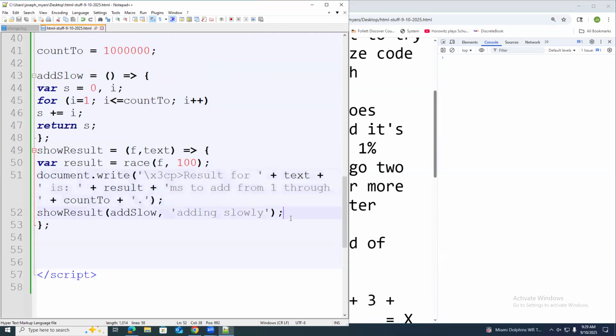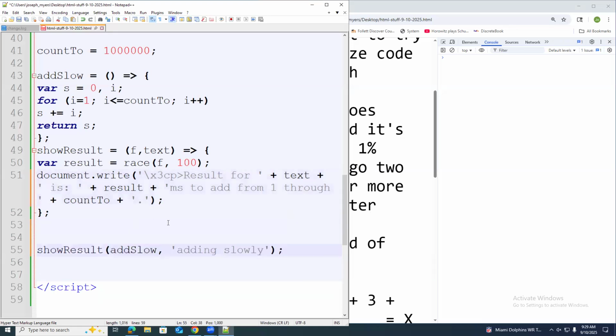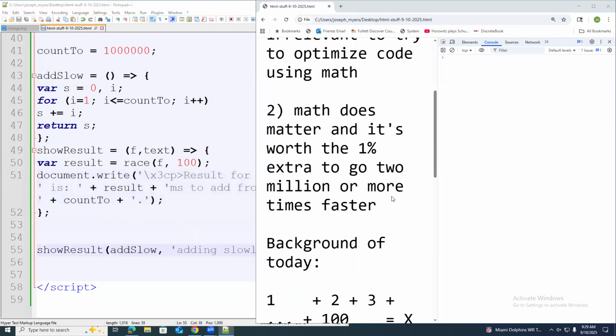Oh, does anybody see a mistake that I just made, actually? It's not really a mistake. It's not a syntax mistake. I just put a line of code in the wrong spot. I put the line that runs the showResult function inside the function. So this line of code right here that's supposed to run the function is actually inside of this block of code that declared the function. So it's never going to run, because the function won't run unless it gets called. And the line that calls it is actually written inside the function by accident. So if I put that line of code down there, now let's try it.